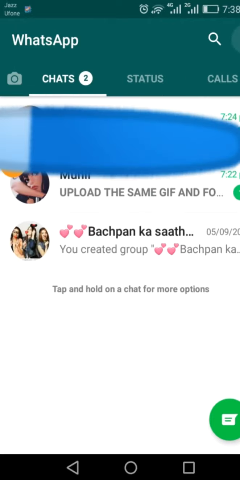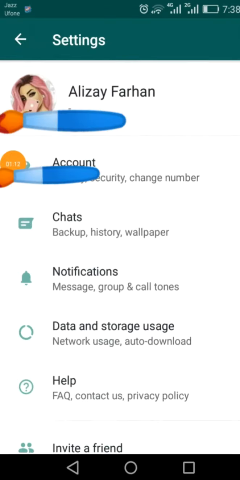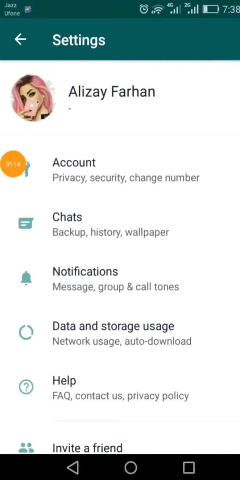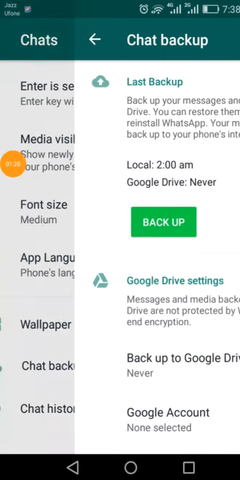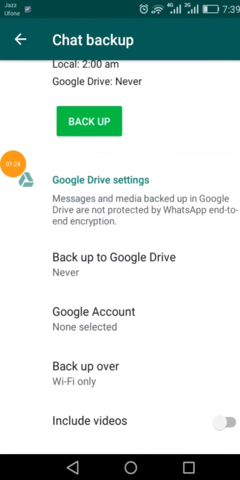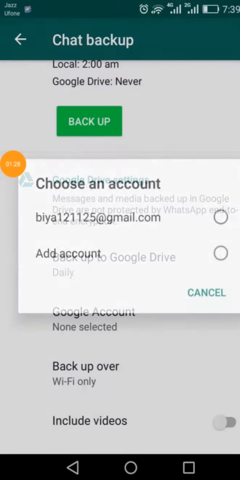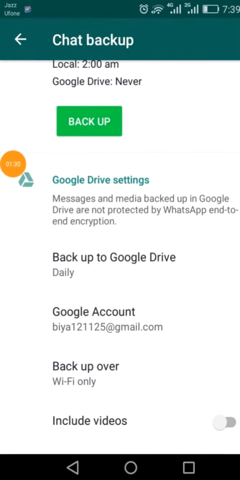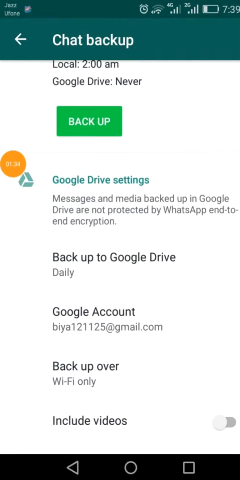Now I will go to the settings and account setting. Okay, we'll tap on chat setting. First I will tell you about chat backup. Now you can tap on backup to your Google Drive daily. If you select daily, you will save your data automatically, and now you can backup. Okay,